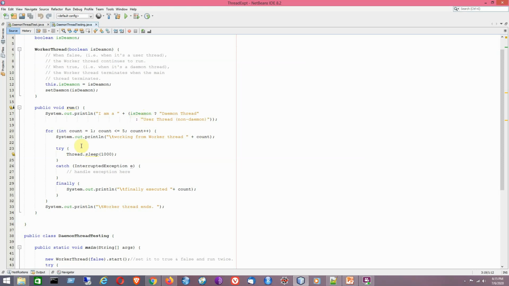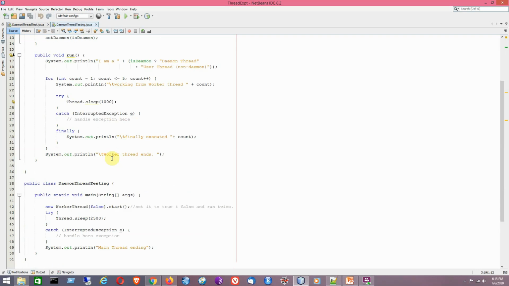Within the for loop we have a try-catch block. The sleep method pauses the currently executing thread object, and it is associated with the checked exception named InterruptedException. We also have a finally block, and this is the line like "worker thread ends". That is the typical code structure being followed here.